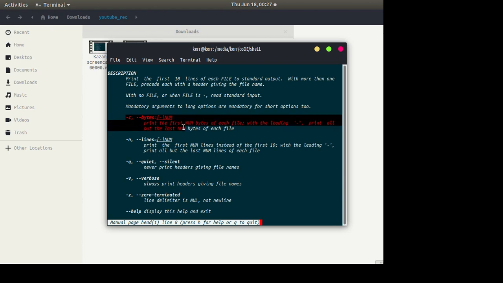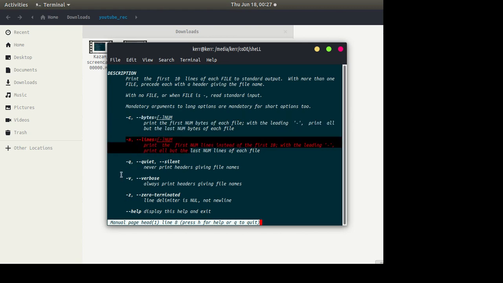If you want to see the first 10 lines from the file, you can use the -n option. Let's say you have 10 different files and you want to see the first 5 lines of each file altogether, then you can use the verbose option with the files that you want to see.